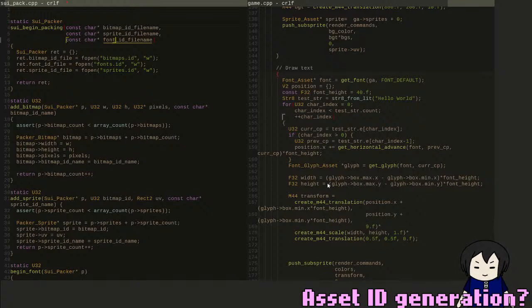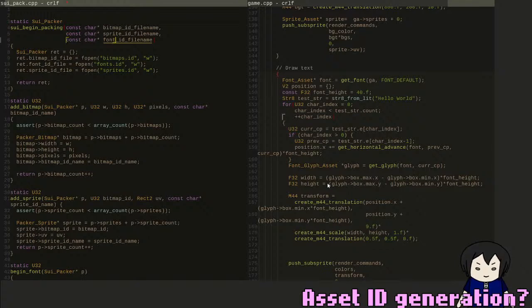Well, that actually sounds very possible now that I think about it. It's just another layer for the packer system that I have now, which is a little bit annoying to write up because it already has like 2 layers of stuff, which is the font and its glyphs, and then the asset pack. So what I mean by layers is that